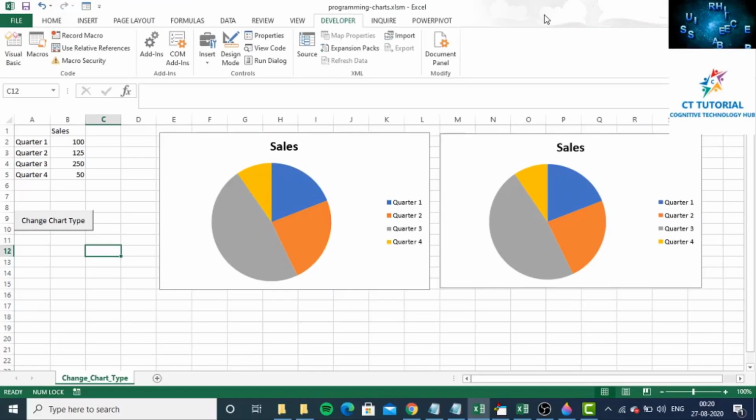Welcome back. In this tutorial, we are going to learn how to change chart properties or chart elements like titles,